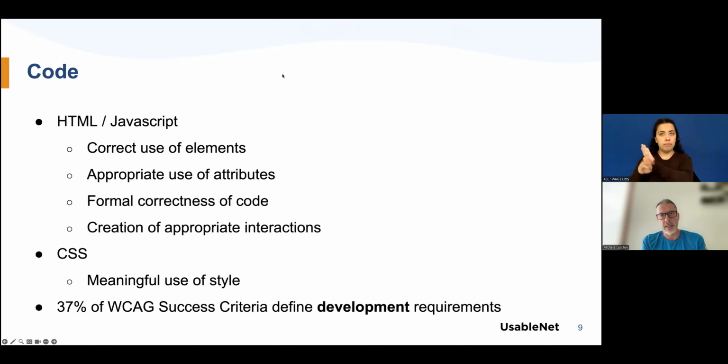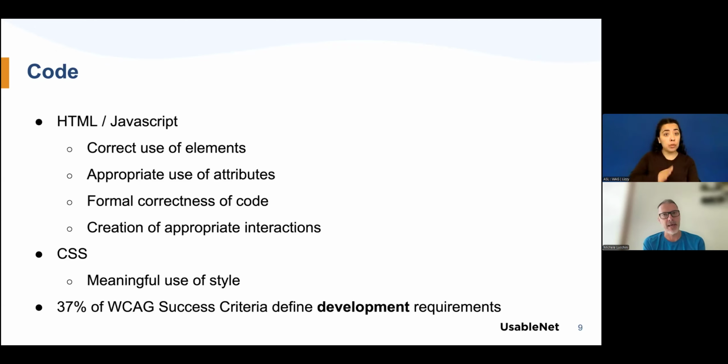The following driver is the code, and this is probably something that everyone expects. So the way our developers are implementing the website is a vehicle for a successful accessibility of the final experience.